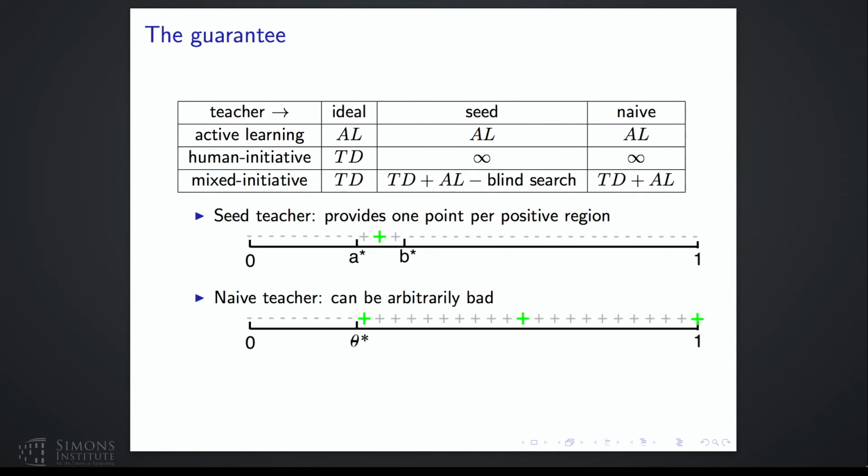But once you get one positive item inside, you probably get many negative outside. You immediately can start binary search on these 2 boundaries. Okay. So the story here is, for some humans, if you allow them to give you both X and Y, they may be able to give you some seeds. And in doing so, warm start your active learning algorithm. And this is actually a very expensive part for active learning. So that's still very good use of human power.